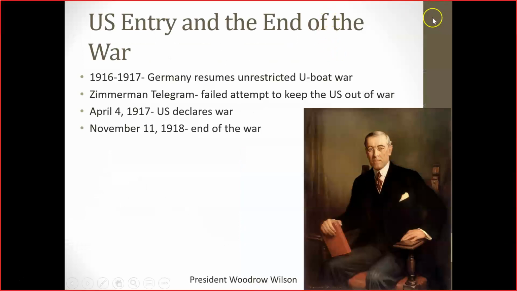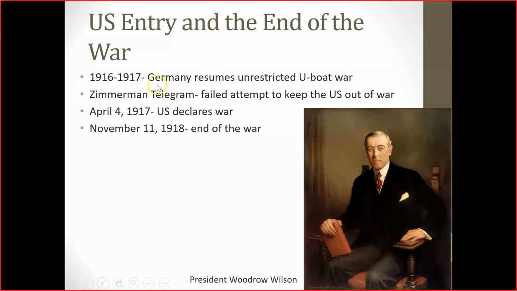The U.S. entry into the war occurs in 1917 officially, but it really developed for a couple of years before that. Here you see Woodrow Wilson pictured, the only American president to hold a PhD and former head of Princeton University. Germany, really out of desperation, felt in 1916 it had to resume unrestricted submarine warfare. They knew that in resuming it, this was going to pull the United States into war. We'd seen what had happened with the Lusitania. This policy would pull the United States into the war because it would target and affect neutral merchant shipping.